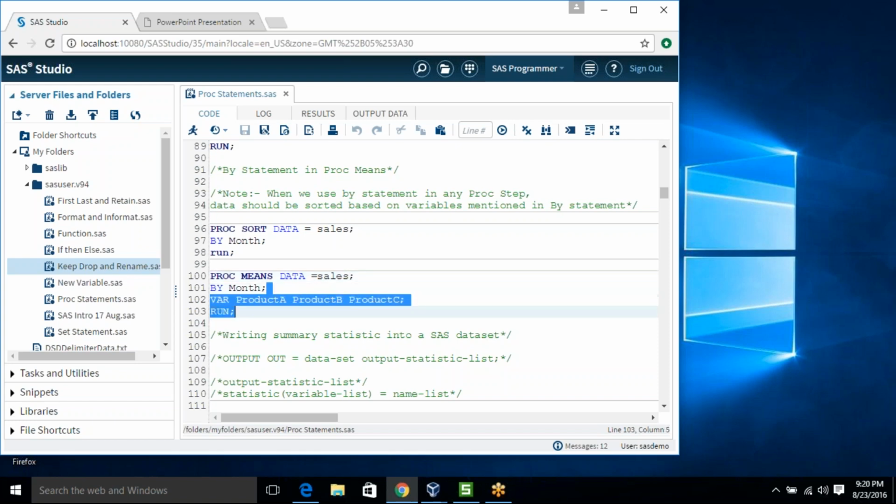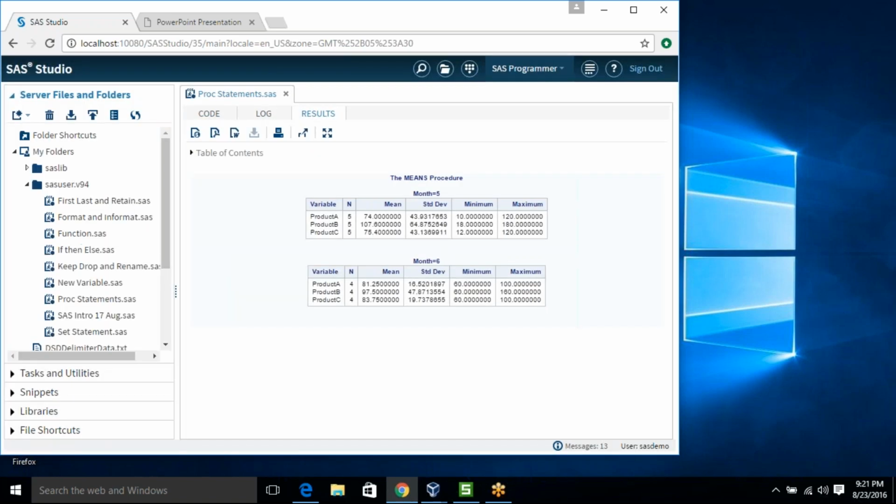So when I run this one, you can see I am getting analysis at 2 levels because I have data for month 5 and month 6. In month 5, the non-missing value is 5, mean is 74, standard deviation 43, minimum is 10, maximum 120.